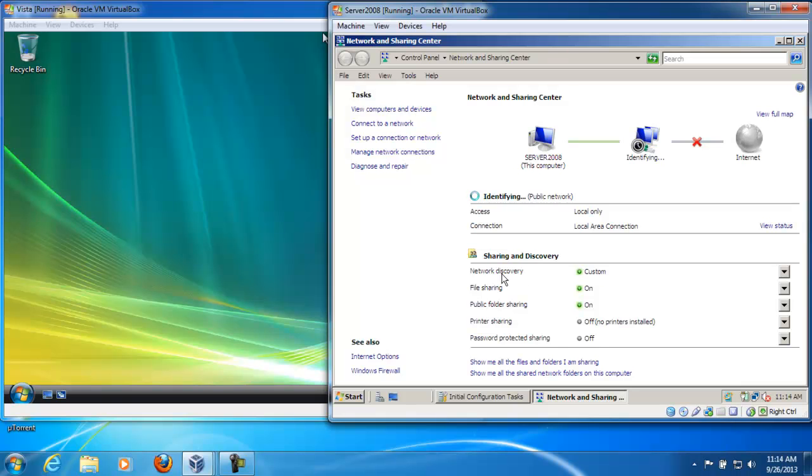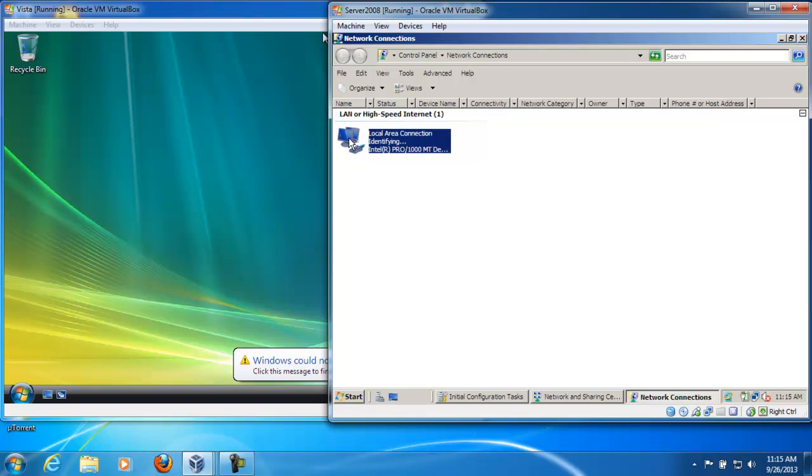Enable network discovery, enable file sharing, enable public folder sharing, and disable password protected sharing so that each operating system would be able to network to each other. So since that is already checked, then I would go to my manage network connections, right click on the local